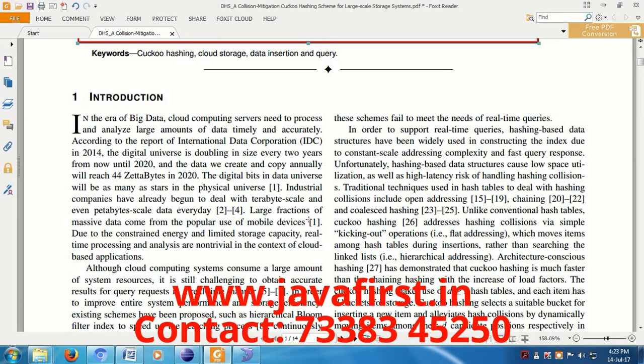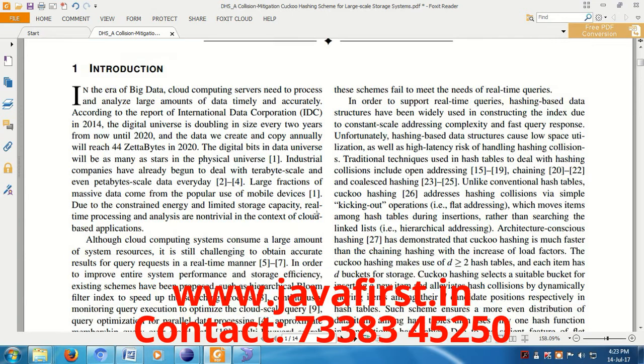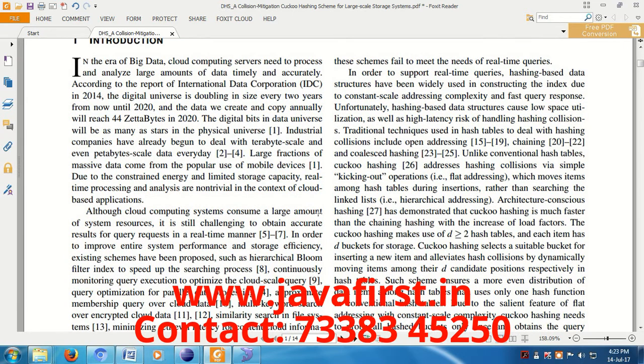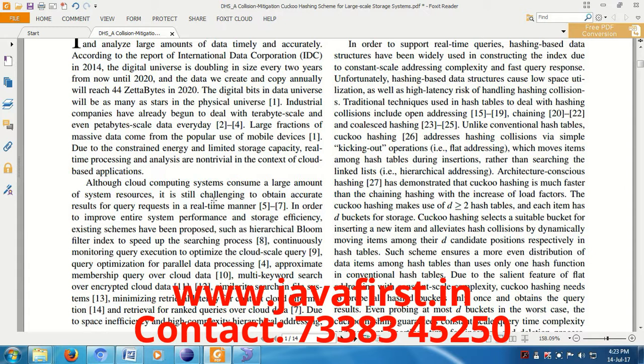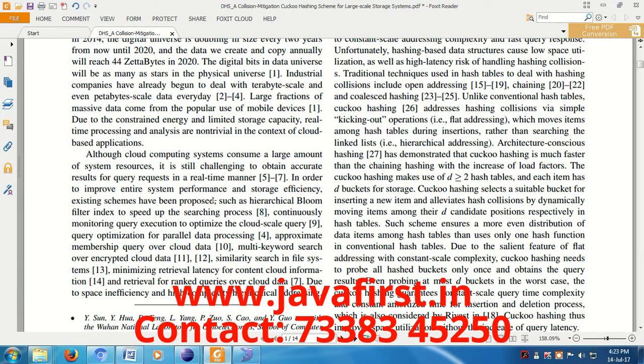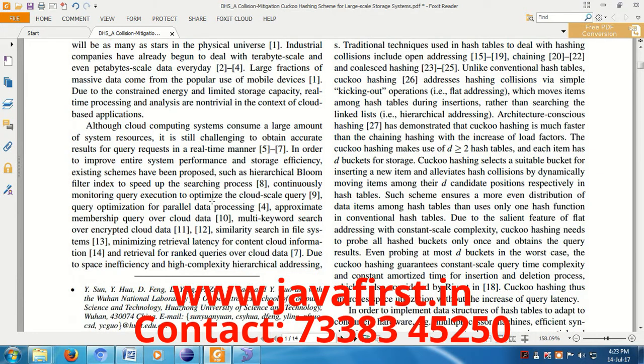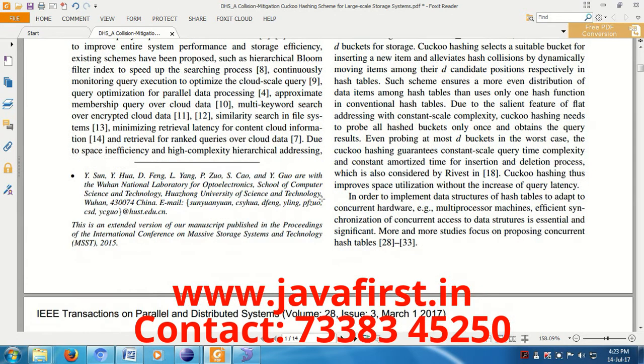Cuckoo hashing suffers from endless loops and high insertion costs, and even a high risk of reconstruction of the entire hash table. To address these problems, this paper proposes a cost-efficient Cuckoo hashing scheme technique.